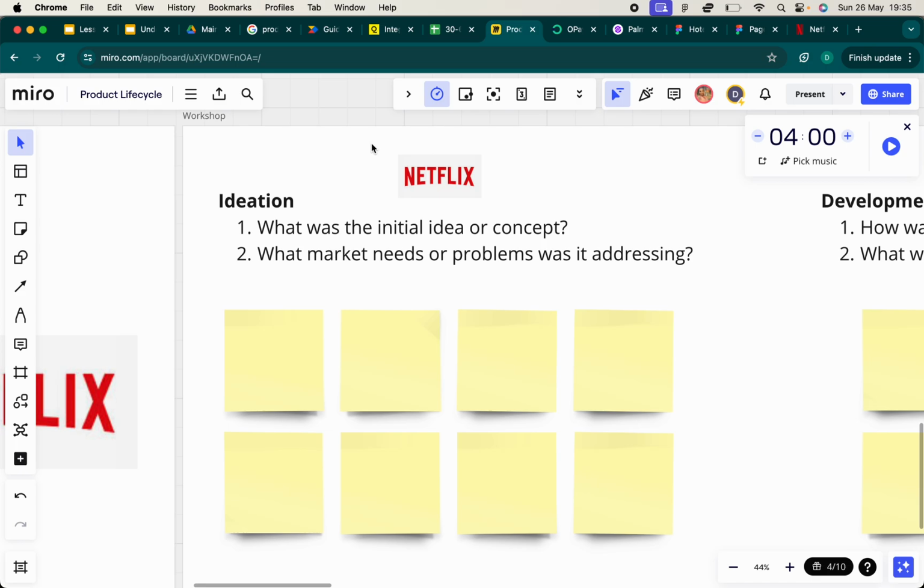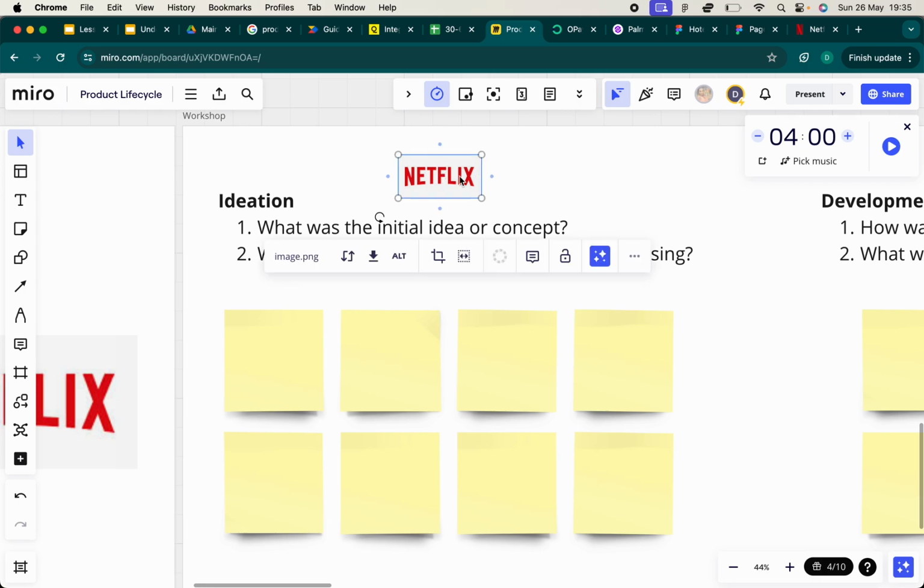So, in ideation, before Netflix became Netflix, before they could think of the name, what? So, when we think of ideation, if you recall, I said earlier that during the ideation phase, you have a bunch of ideas, you have a bunch of solutions, and then you narrow down to say, you know what, we want to only focus on doing one thing, and that thing that we want to do moving forward will be called Netflix. That's it.